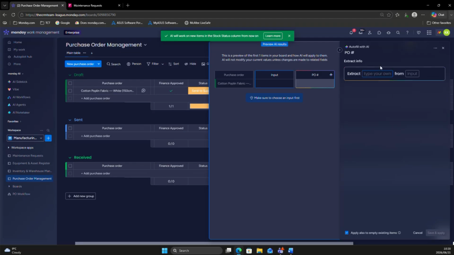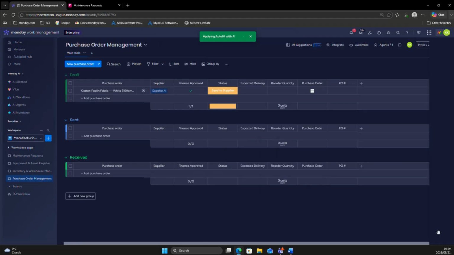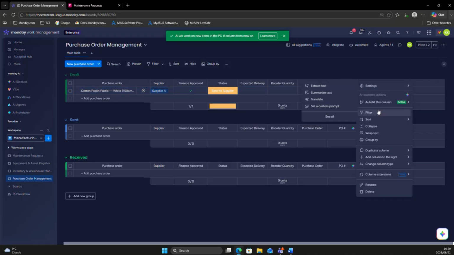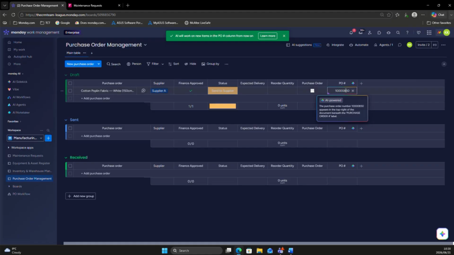There's something else, just order. And the input that we're going to use is the purchase order document. And we're going to save and apply. And so now it should take, I don't know if I did fill in existing items. Back. There we go. Okay, so it's just taking a few seconds to think, but it's now gone and extracted that